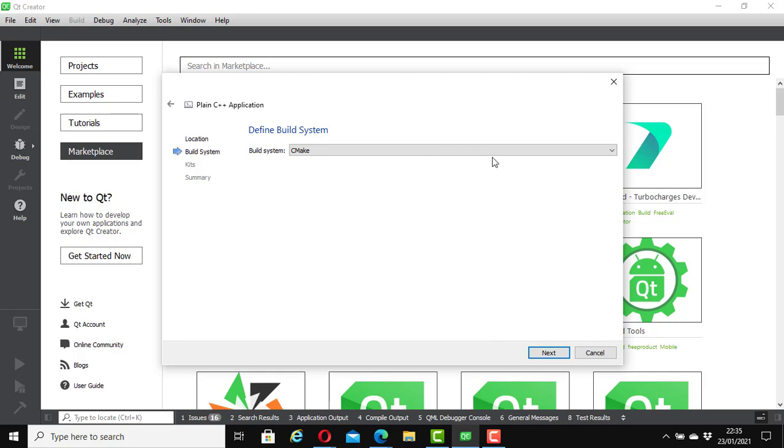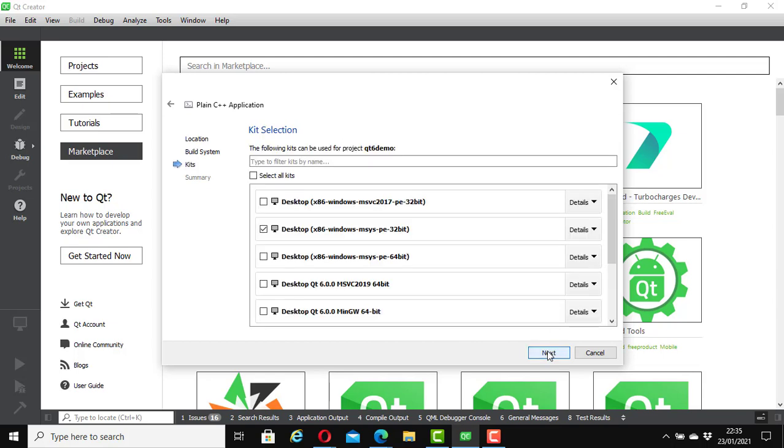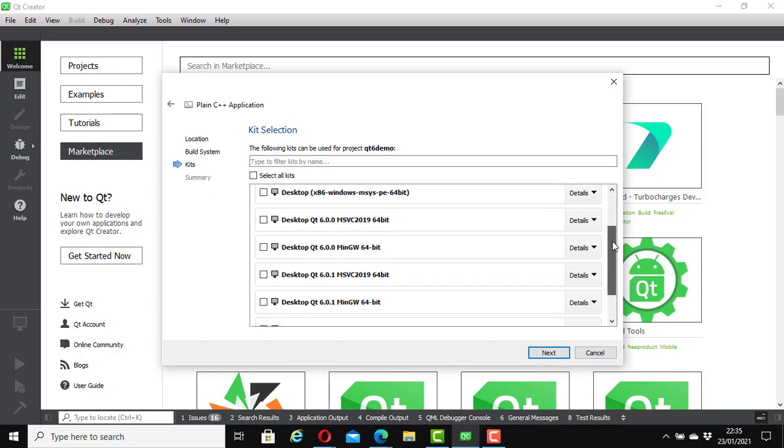Here you will have the option to use CMake or QMake or QBS. Leave it as it is. By default, it's going to be CMake. Qt6 uses CMake. Now click on next. And here too, you have the option to choose what you are going to use it for.